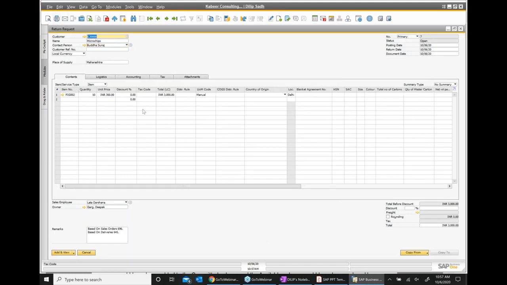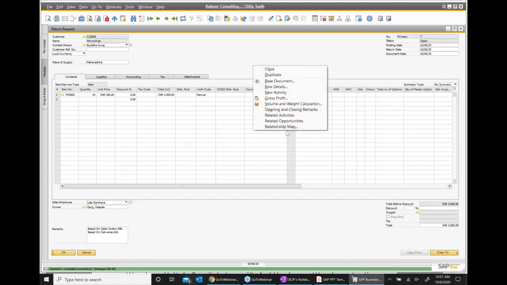Now in the return, he can return the entire quantity or a part of the quantity. He has a choice. So you have the entire 10 pieces copied. If you want to change it, you can change it, because it's possible that out of 10, he's okay with 7, 3 are defective, or the entire thing is defective. So he has a choice. In our case, just to make it simple, we take everything back. So we create a return request.